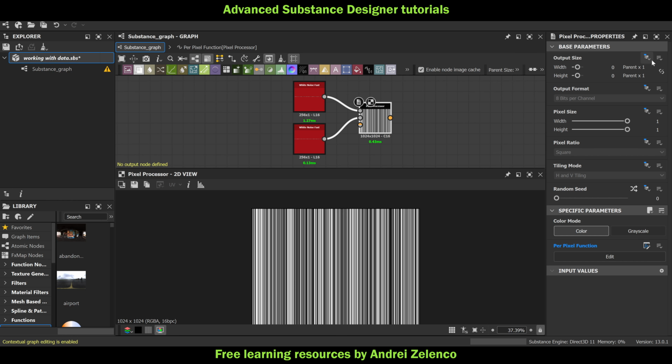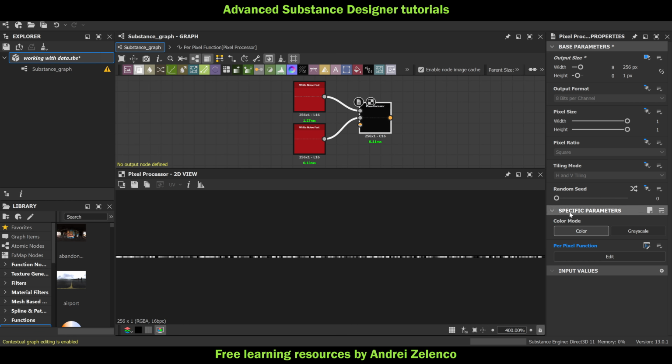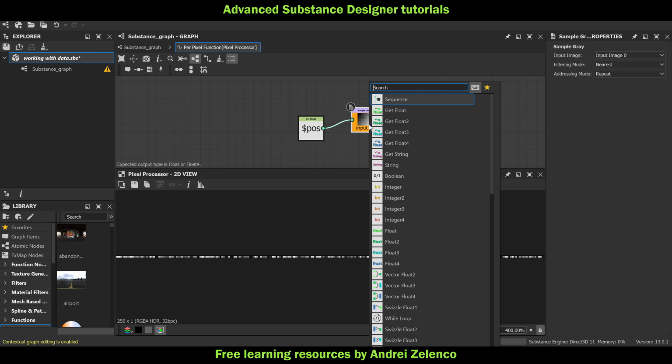We don't want this, we want to resize this texture to be of the same size, and also we want it to remain color. We want to change the format from 16 bits to 32 bits,